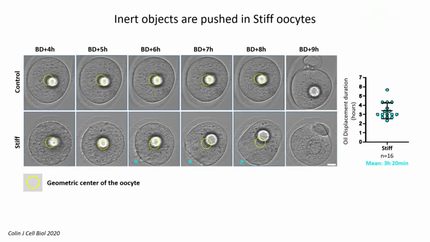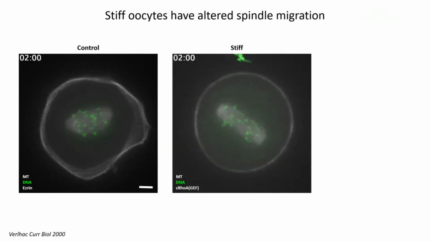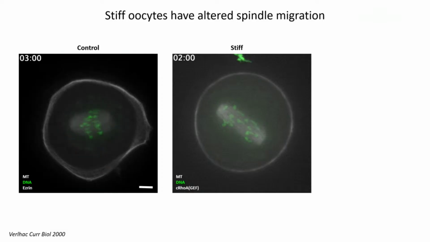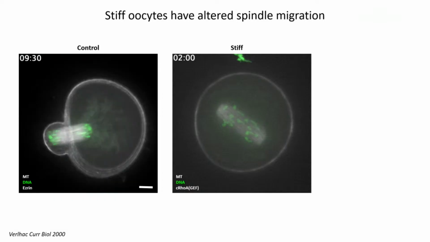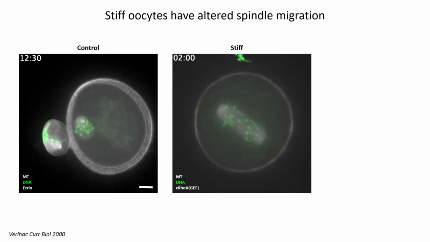They can push inert objects, but can they push more physiological objects that are big enough to resemble oil droplets, such as spindles? This is a control oocyte and a stiff oocyte. In this control oocyte, it's at NEBD plus 2 hours. The spindle forms in the center of the oocyte, and it will progressively migrate along its long axis toward the closest cortex. This is what you can see here. The spindle is forming, it will move there,